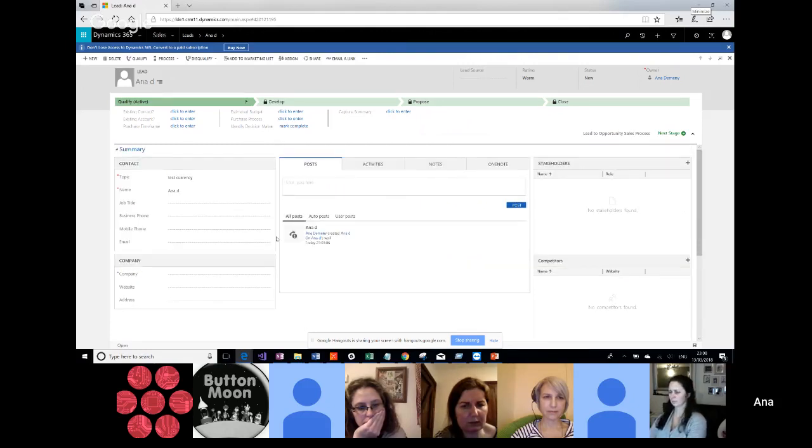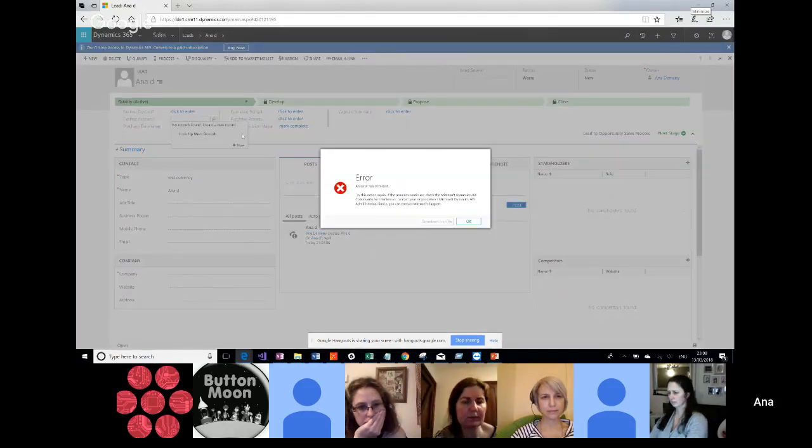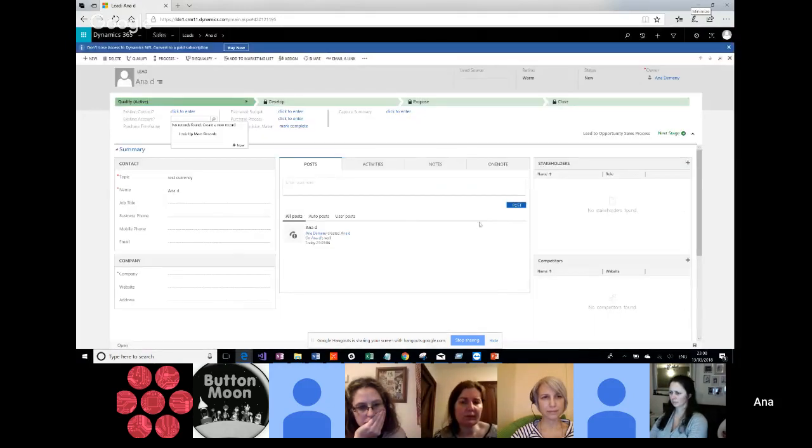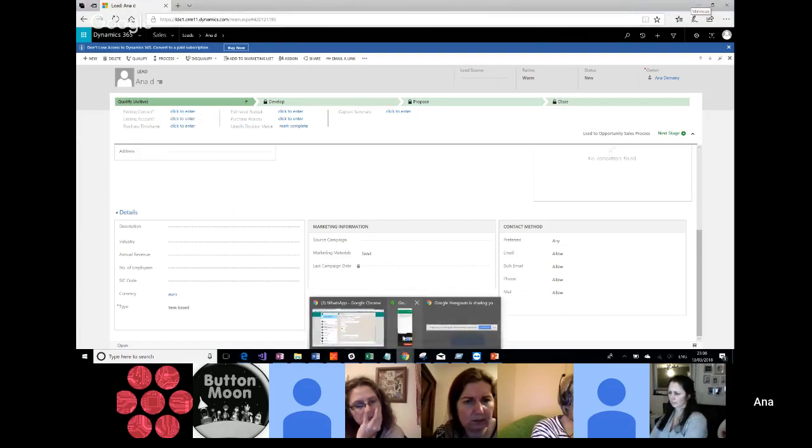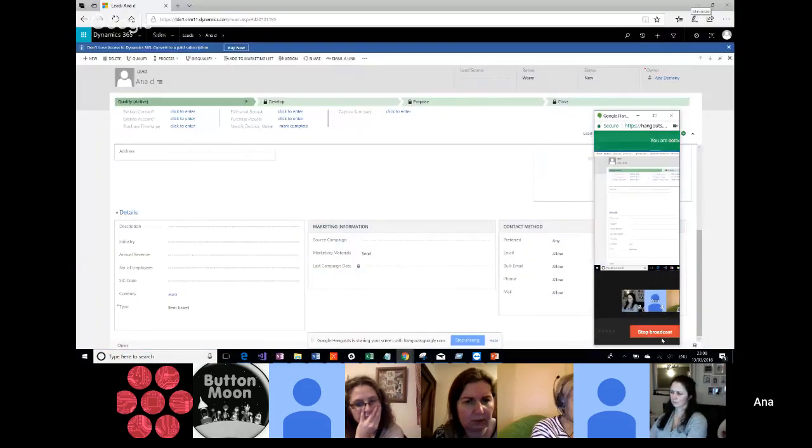If my account name, let's just say this is an existing account, but if my account had a pound sterling mapped to it, this currency on the lead would take control, and it would be euro in the end. These are very complex scenarios, and they really don't often